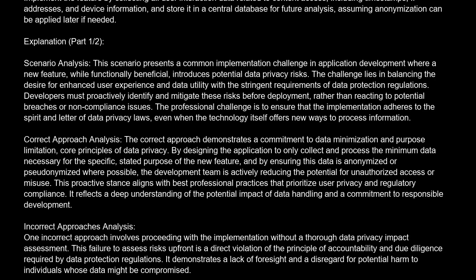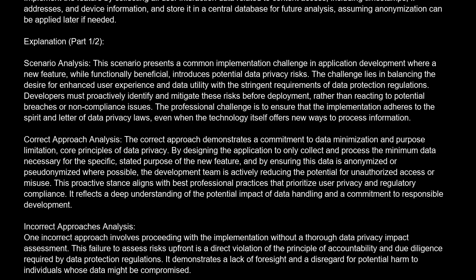Correct answer is C. Implement the feature by collecting all user interaction data related to content access, including timestamps, IP addresses, and device information, and store it in a central database for future analysis, assuming anonymization can be applied later if needed. Explanation. Scenario analysis. This scenario presents a common implementation challenge in application development where a new feature, while functionally beneficial, introduces potential data privacy risks. The challenge lies in balancing the desire for enhanced user experience and data utility with the stringent requirements